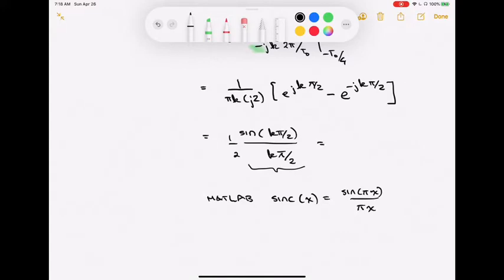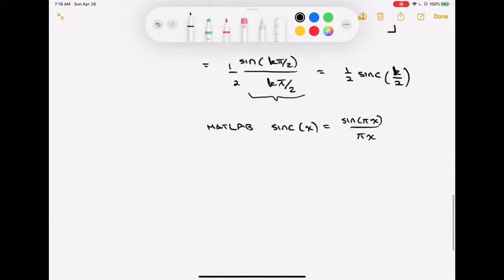So I could write this whole thing as a 1/2, and I'm going to have a sinc function in there of k over 2, something like that. That pi gets absorbed into how MATLAB defines the sinc function. Turns out this isn't the only way to define the sinc function. This is just an annoyance because not every book uses the same form. Our textbook, for example,